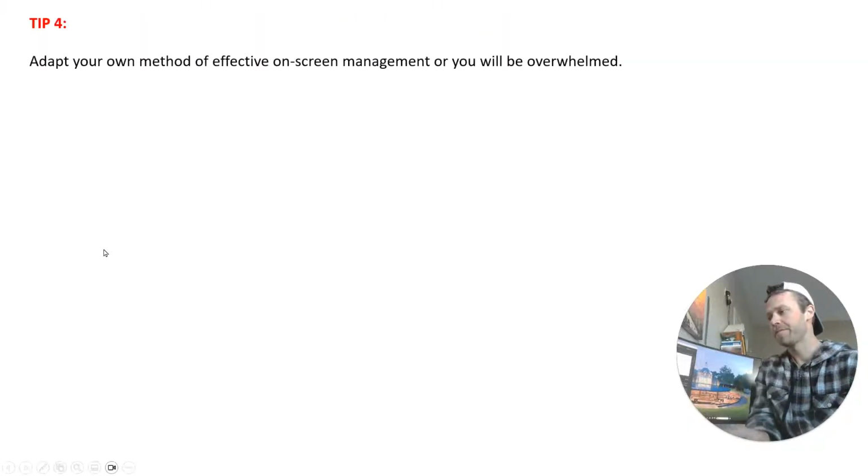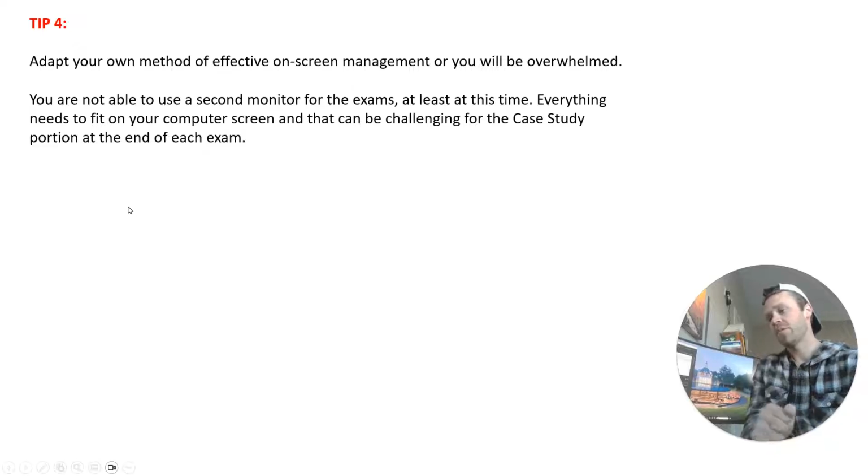All right, tip 4. Adapt your own method of effective on-screen management or you will be overwhelmed. You only have one screen you can use. You can't use multiple monitors as you would normally be able to use as an architect. This makes things difficult. You need to manage that one screen. Things will get crowded. I guarantee you that. So just make sure you have a spot for the calculator. Always in the top right. Have a spot for your